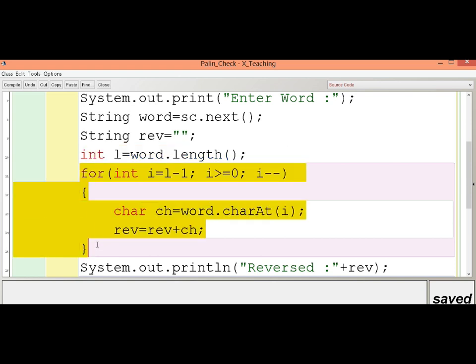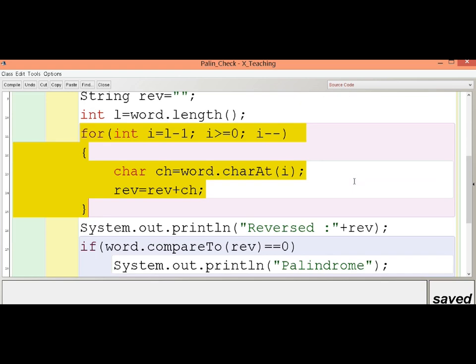The next one is the actual logic part. In this particular loop, we will be moving from right to left, meaning in reverse order in the word. You will see that instead of initializing i with 0, I have initialized it with L minus 1. Why L minus 1?